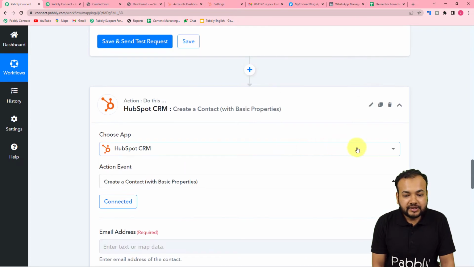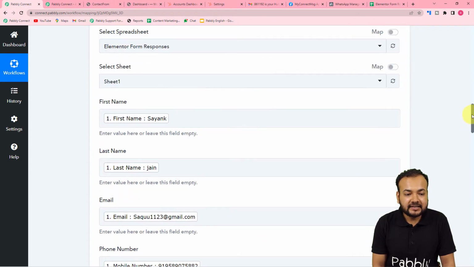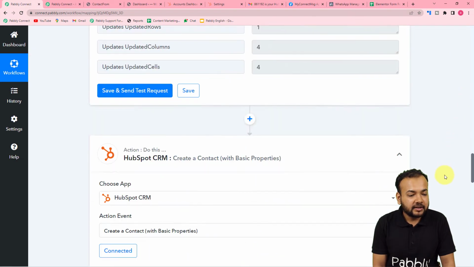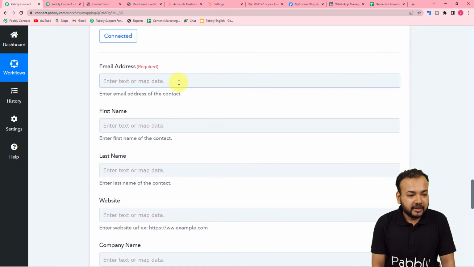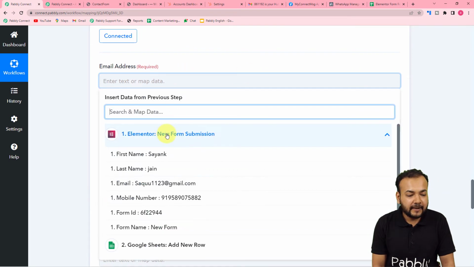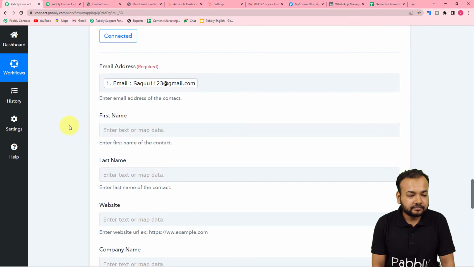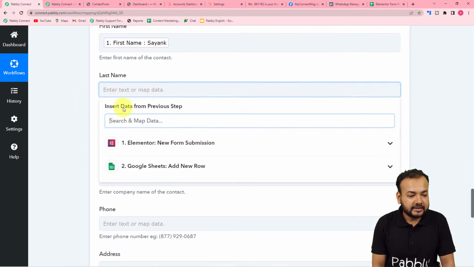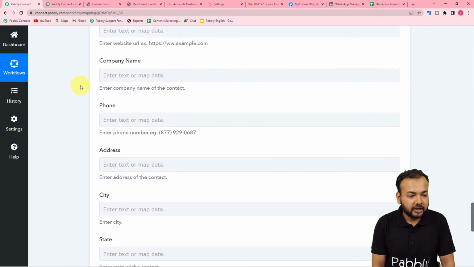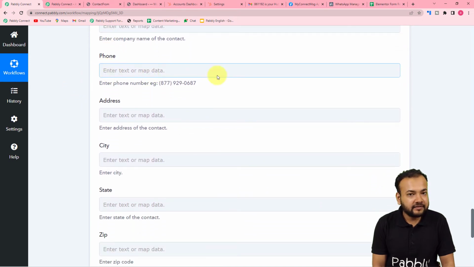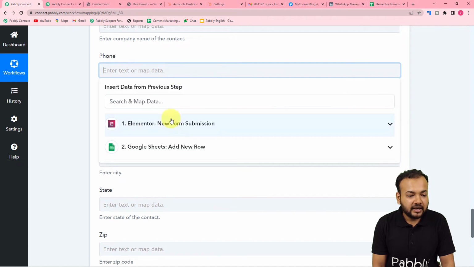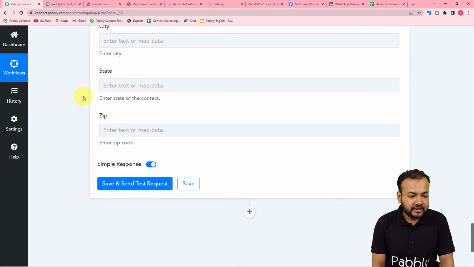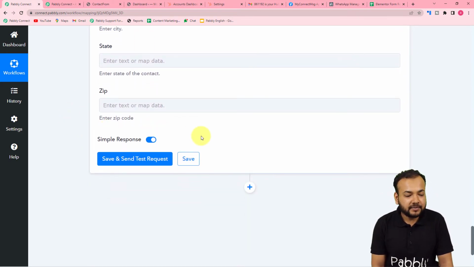So now we are going to use the same data that we have received as the test data from Elementor in the first step. So I'm going to use these labels, guys. Okay, so here just click on the email address field, and from this first tab map the email ID first. Similarly, map the first name, last name. Okay, we do not have website or company name, so you can leave these things blank. These are not compulsory things. I have the phone number, so I'm mapping it here. Right now, guys, I'm leaving these things blank,